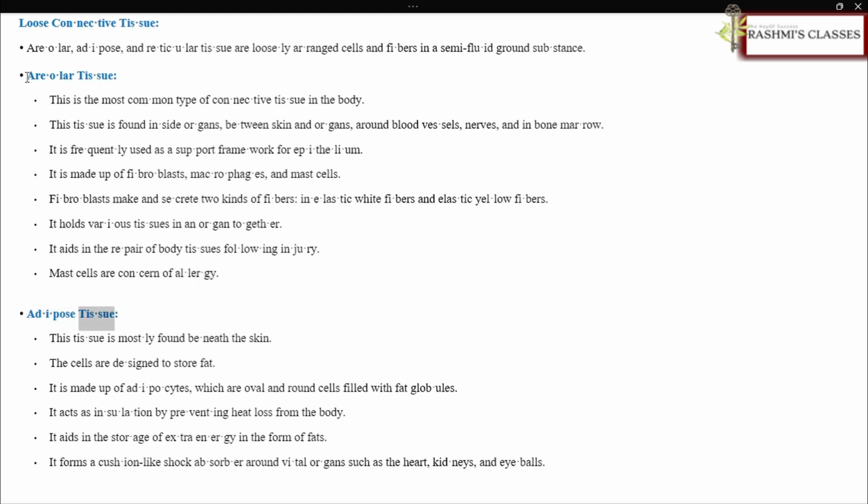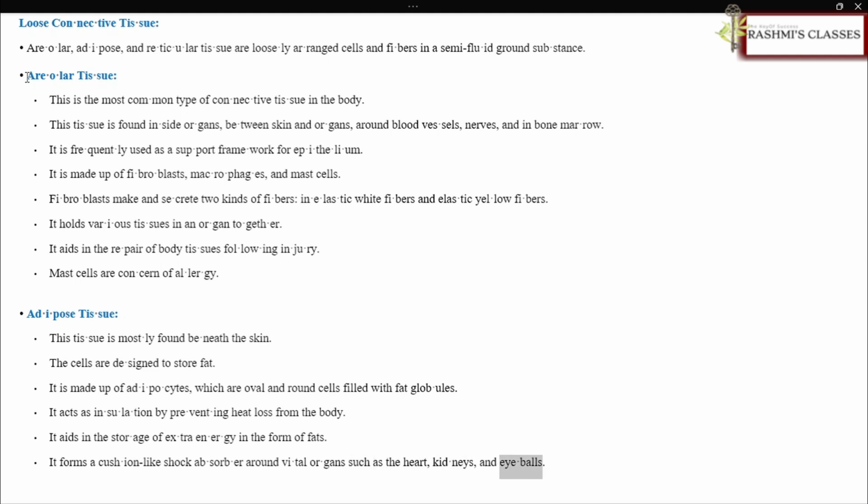Adipose tissue. This tissue is mostly found beneath the skin. The cells are designed to store fat. It is made up of adipocytes, which are oval and round cells filled with fat globules. It acts as insulation by preventing heat loss from the body. It aids in the storage of extra energy in the form of fats. It forms a cushion-like shock absorber around vital organs such as the heart,